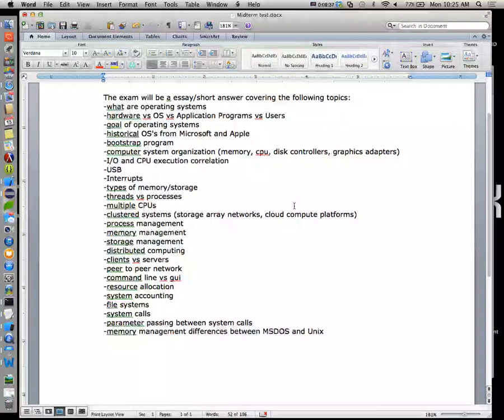Process management, kind of talking about that kind of goes into that same discussion about interrupts and things like that. How a process is born, how does it move from the hard drive to memory, then ultimately to the CPU, that kind of stuff. Memory management, again, all these at the high level. We'll spend a lot of the second half of the semester talking about process management, inter-process communication, and memory management. The details of those.